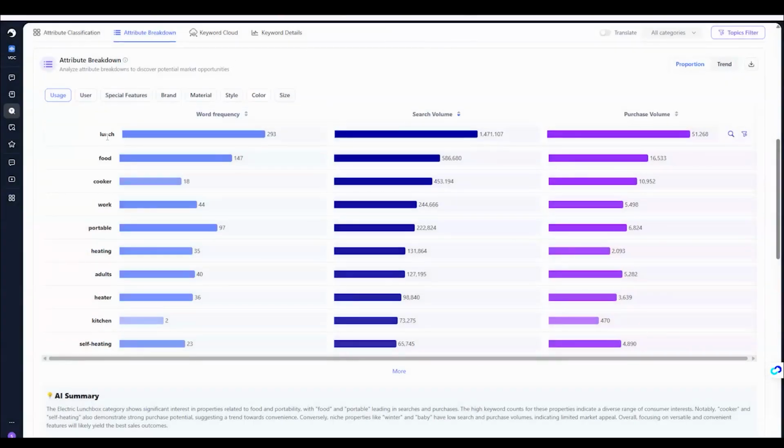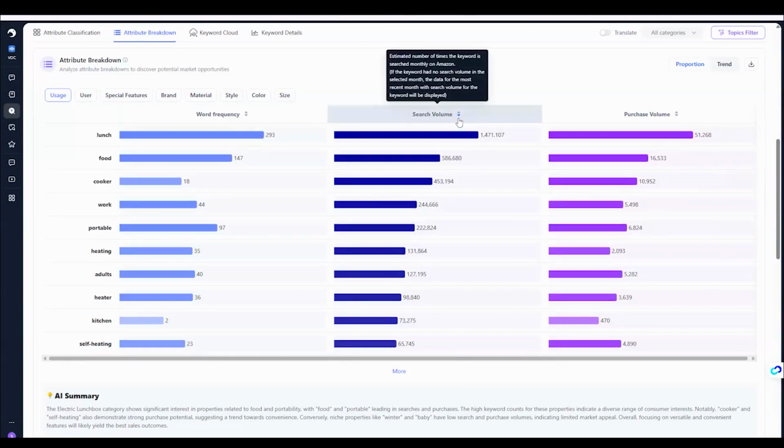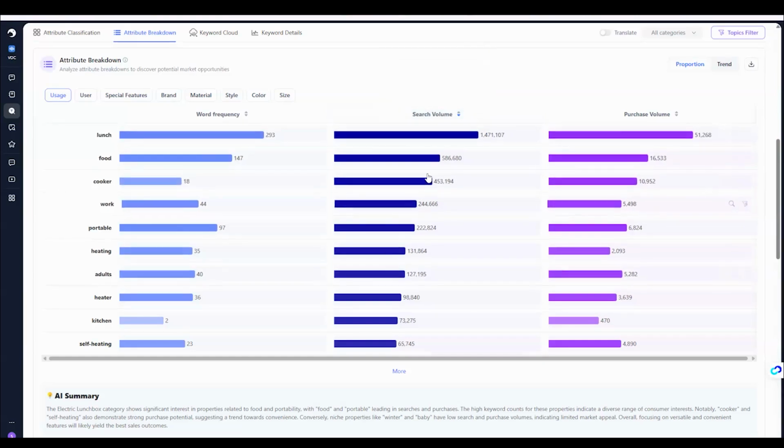Okay, they're using it for their lunch. They're using it at work. And again, this is pre-filtered, pre-sorted here by search volume. So if you want to get the most sales in your niche, you probably want to go ahead, sort it by search volume, and then target the customer avatar and usage scenario and their needs. Okay, in my listing images, in my copy, I'm going to make sure that I'm targeting it for lunch, that it cooks and heats up food, that they can use it at work very conveniently for a healthy meal,